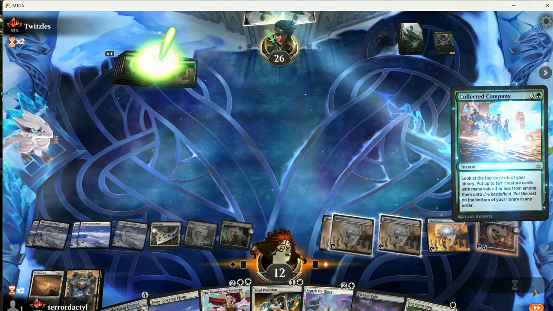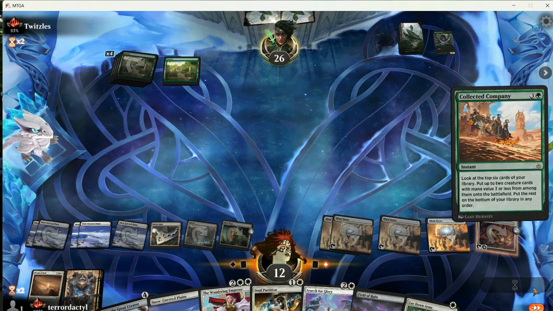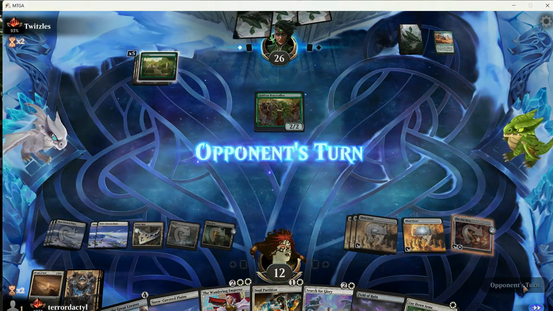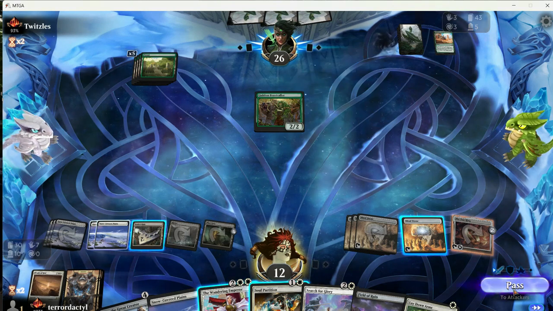Ooh, they're going to collect a company now. Cool. Opponent played that really well. They just did nothing for a turn cycle. Oh, that's sad. They only got a Beast Caller off Collected Company. The worst feeling in the world when you don't hit 2 creatures off your...